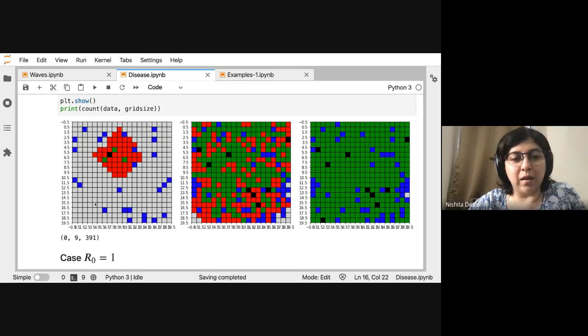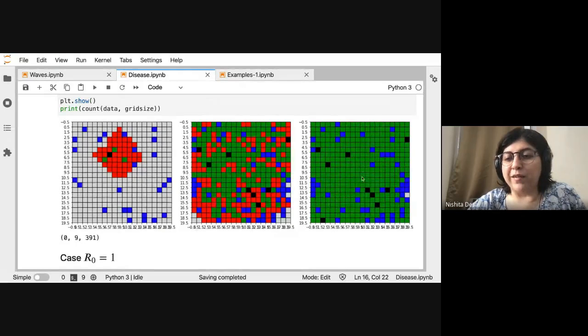So this is the visualization that I want to design. We are going to model the spread, and check different things, like depending on vaccination probability, how does the disease progress, and so on. Again, this is the answer, but you can see that these are 3 time stops. This is the initial time stop where most of the population was healthy to start with. Then you had a case where almost all of the population got infected, but a lot of them also recovered. And then in the end, the disease has completely gone away now.